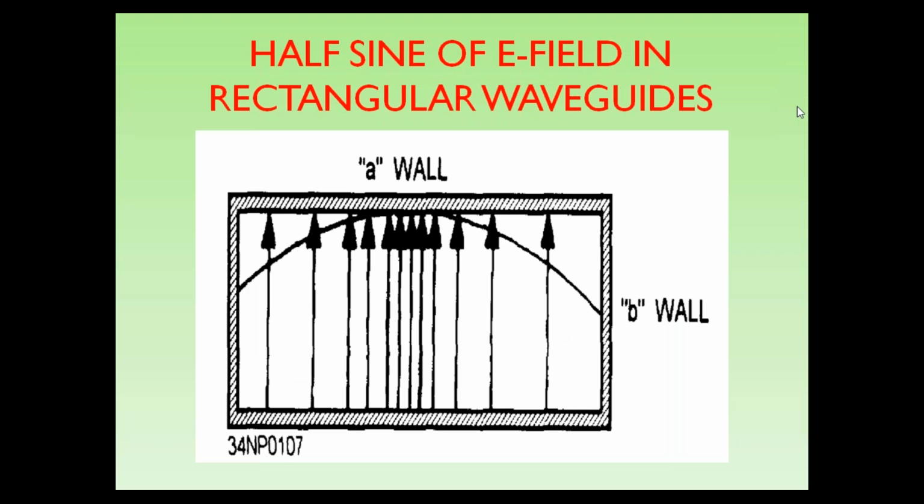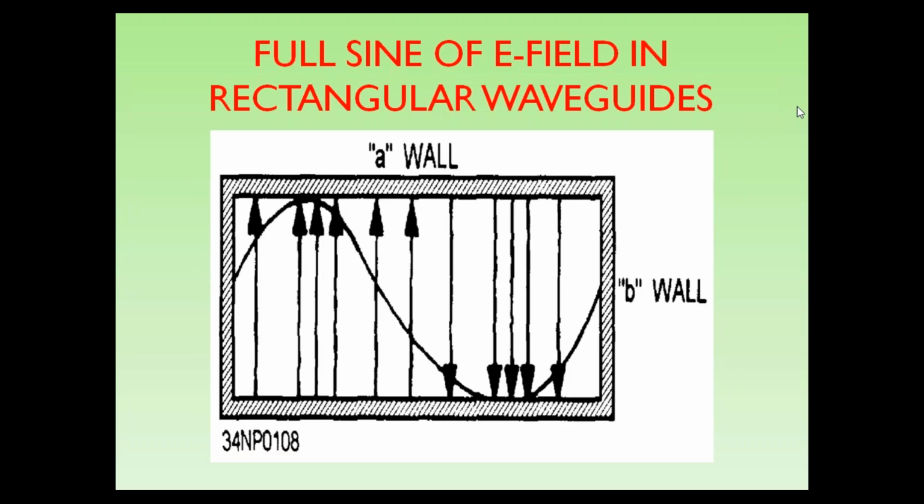So this represents the half wave of the electric field in rectangular waveguides. You can see the rectangular waveguide has a dimension of A as its length and B as its breadth. The arrow mark indicates the amplitude level in half of the electric field. And this is for a full cycle. You can see that when the positive half cycle is there, the wave travels from lower to upper, and when it is negative, it goes from upper to lower along the walls B.